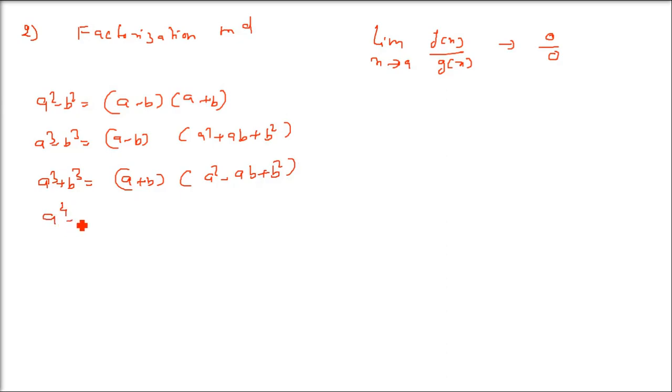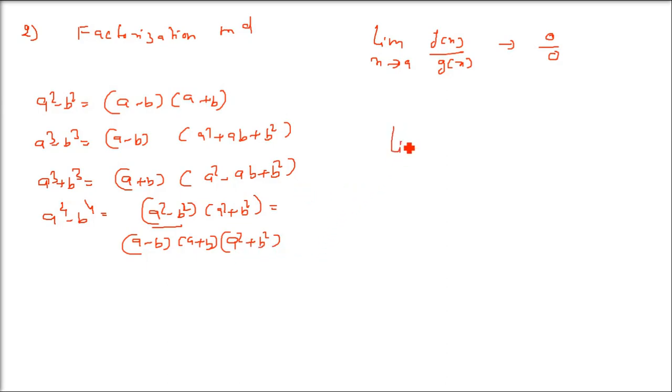Then we have a to the power 4 minus b to the power 4. So here you get (a square minus b square) into (a square plus b square). And this a square minus b square can also be opened, (a minus b)(a plus b), and then a square plus b square. So these formulas we are going to use a lot. So I'll just give an example so that you understand how we factorize it, what is the procedure.